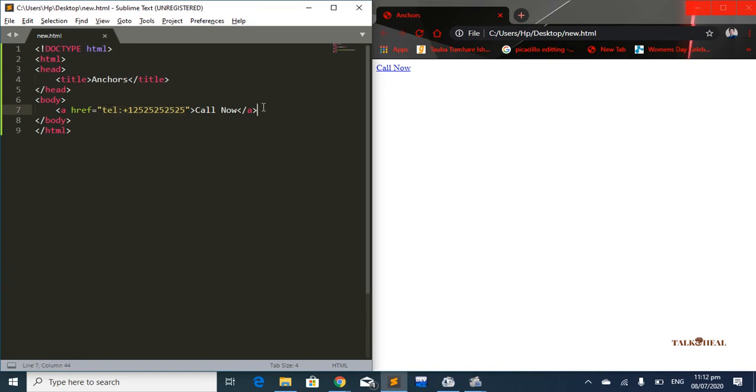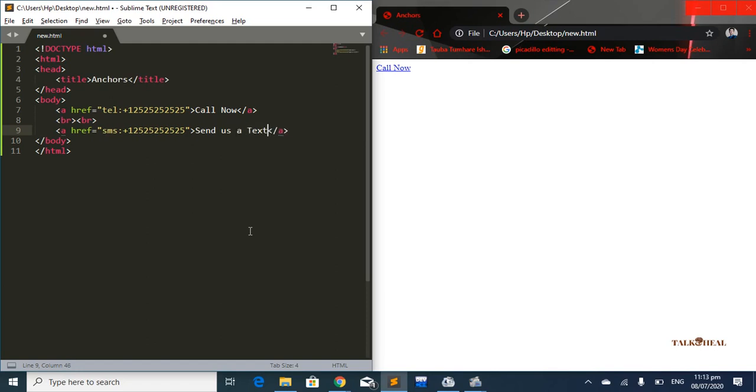So there's another link that we can create. Let's add some line breaks over here. And this link will basically allow you to send a text message, an SMS. So how do you do it? Again, you add an anchor tag, and after adding the anchor tag, you're going to write SMS and then the colon. Again, you're going to add the phone number you want to be contacted at. I'm just going to use this dummy number I just entered over here. You can enter your real phone number over here, and after that you just say